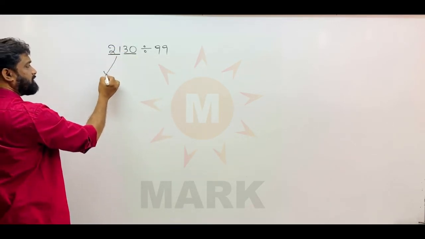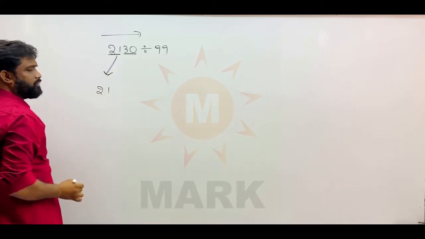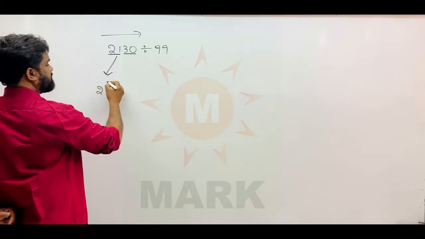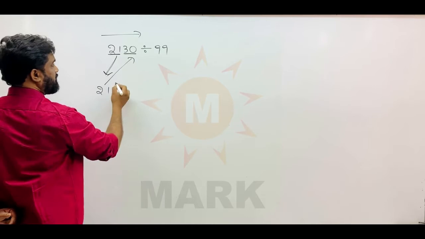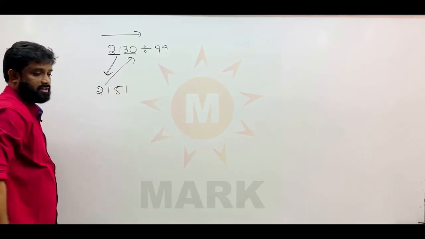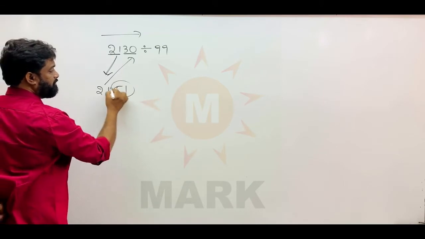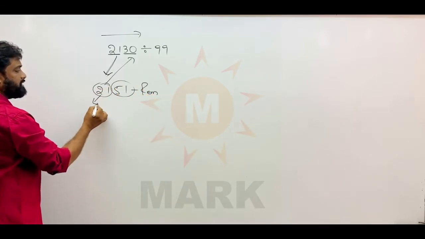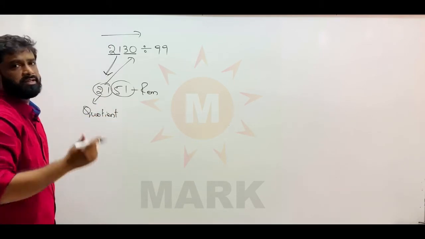So 21 is a 2-digit number and 30 is a 2-digit number. So first we will write, the operation goes from left to right. First we will write 21. 21 is the leftmost number, we are writing it as it is. Then we are adding this 21 to 30. That will give 51. So clearly everything is on 2-number basis only. 51 is the remainder and 21 is the quotient. So everything will go on a 2-digit basis here.